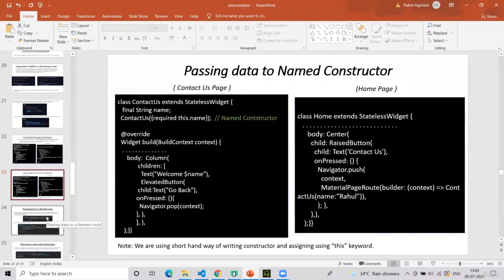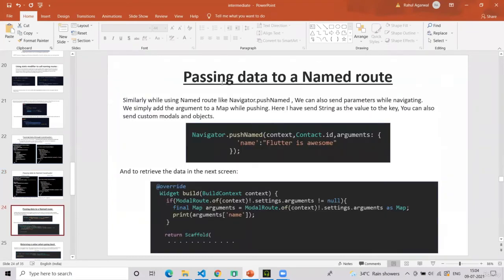Now, in the very beginning I removed that named route because it was showing some error. If you have a named route and you want to pass data, we can also send parameters while navigating, but we simply add the argument to a map while pushing to the next screen.